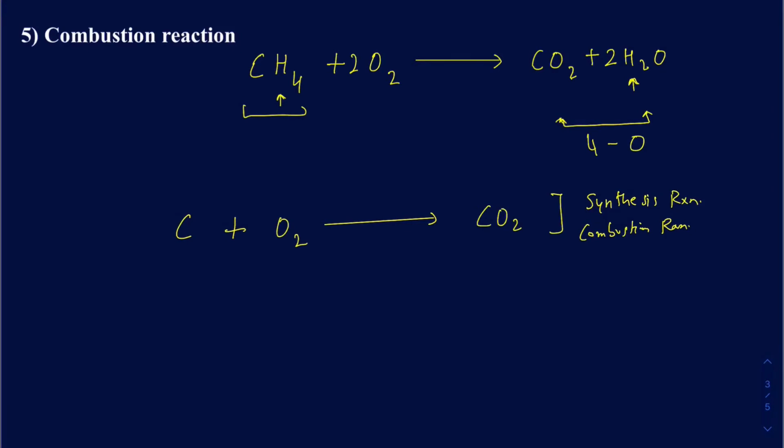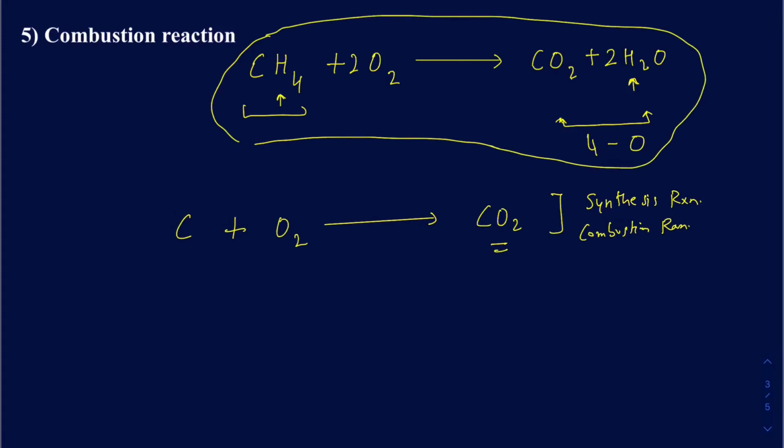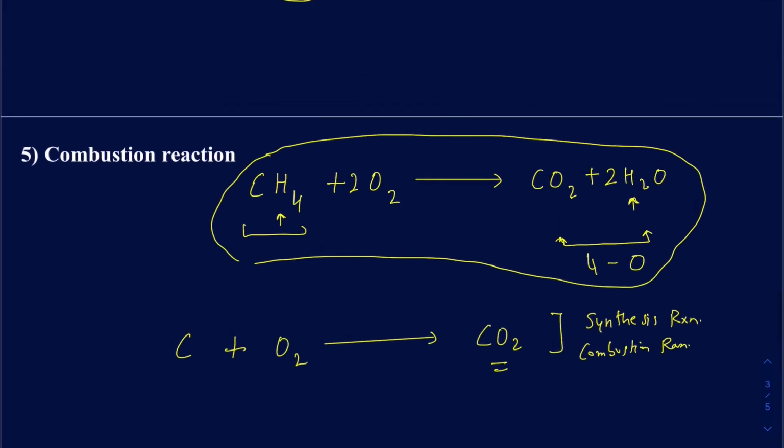That's just because you are burning something in the presence of oxygen and you are making some sort of oxide, in this case carbon dioxide, but at the same time you are combining 2 smaller elements or chemicals here to make something bigger, so it's also a synthesis or combination reaction. But like I said, for the most part, a lot of books just classify the hydrocarbons being burned in the presence of oxygen as a combustion reaction. Don't forget the burning of carbon could be classified as either a combustion reaction or a synthesis reaction. All right, so those are the 5 types of chemical reactions you have to worry about